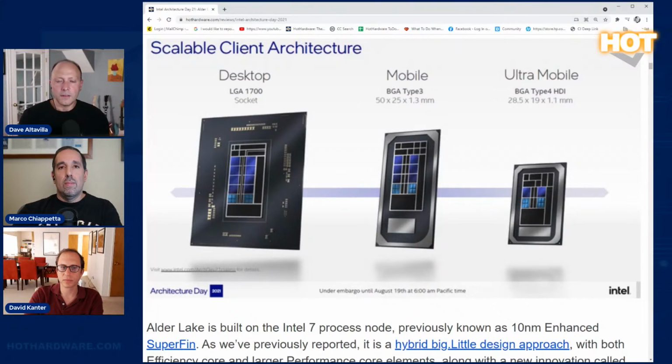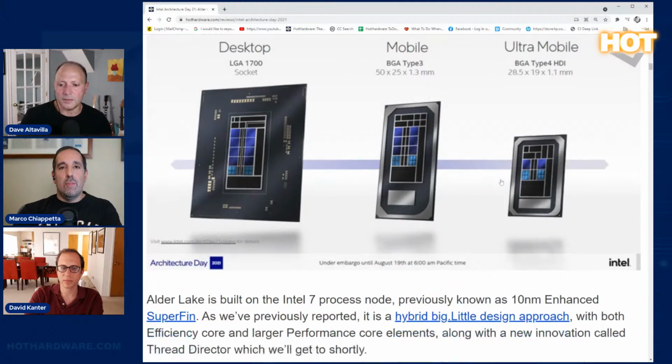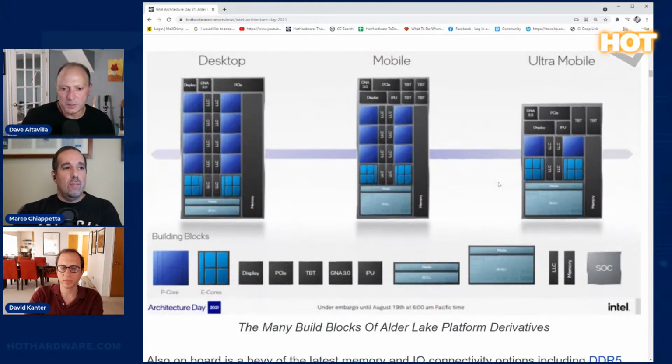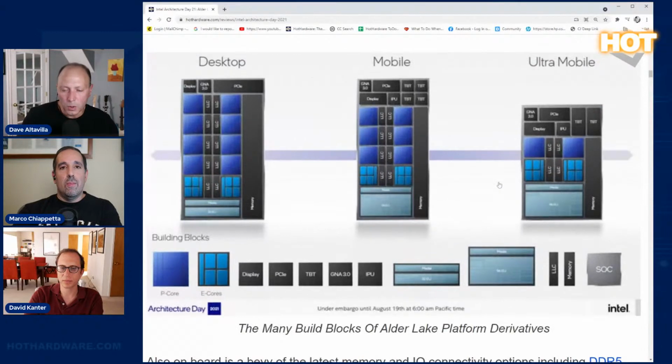Okay, Marco, high level takeaways from you, thoughts, and then we should ask Dave to help us out with some of this deep technical stuff, because the building blocks are what's interesting. Yep. So high level takeaway, we've been talking about Alder Lake for a very long time. We kind of knew what was coming in terms of product. I think the most interesting tidbit that we got was the, I'm already forgetting the name of the thread scheduler. What was the name of the thread scheduler, Dave? Thread Director. So the integrated hardware Thread Director.